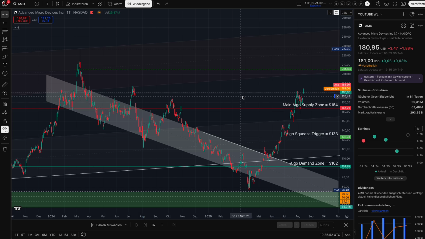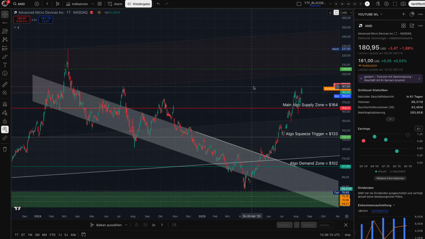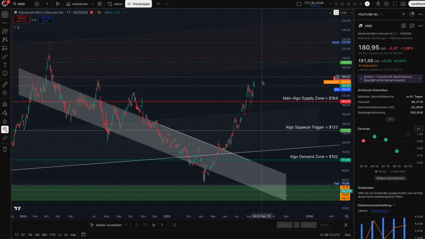And that means guys, we have here one open gap in the daily chart to the upside, sorry, even two open gaps to the upside. One is waiting at $188, and the last one, the final boss, the final job which the algos have to do, is waiting at $205.60 guys. So in a perfect trading world, we have now again a very bearish signal. It is possible that we see a sell-off incoming for AMD.